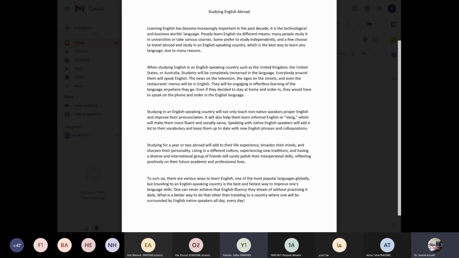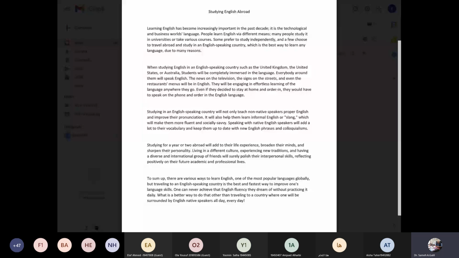Yes, Doctor. She says in the second line, traveling to an English-speaking country is the best and fastest way to improve one's language skills. Is it? Yeah, but you're reading the sentence from the middle. This is the middle of the sentence. Actually,